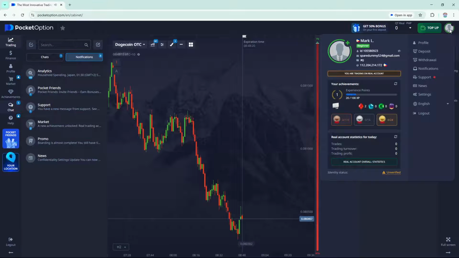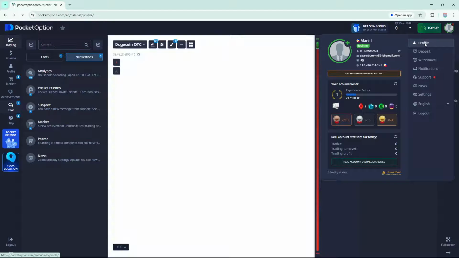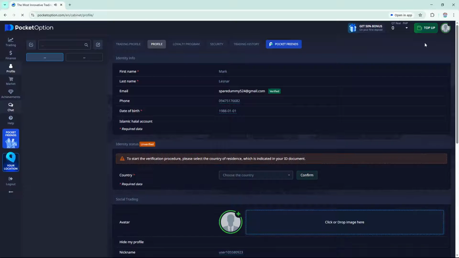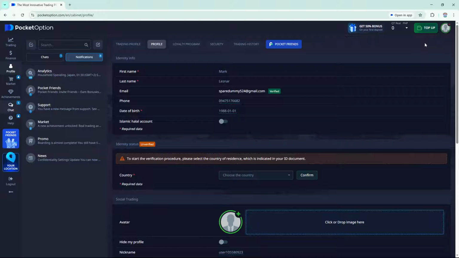Once you've clicked on your profile picture, a menu will appear. In this menu, you'll want to select the option labeled Profile. Clicking this will bring you to a dedicated section where all of your personal details and account settings are housed. From managing basic account preferences to accessing detailed information about your trading activities, the Profile section is your go-to place